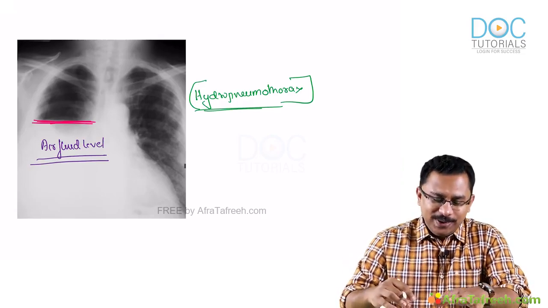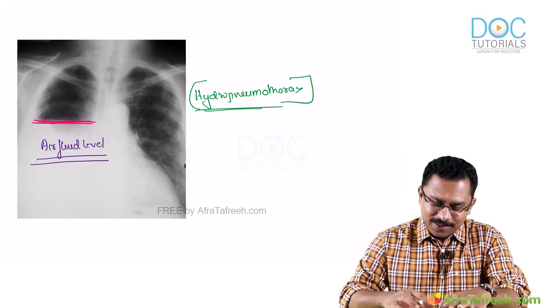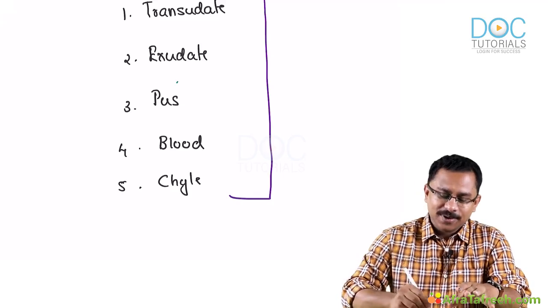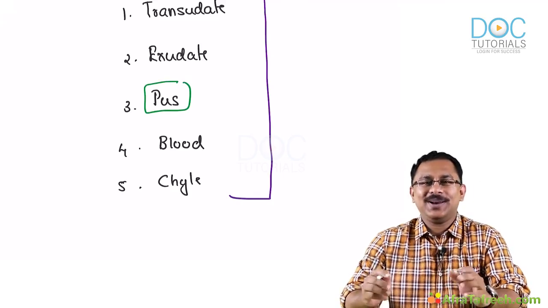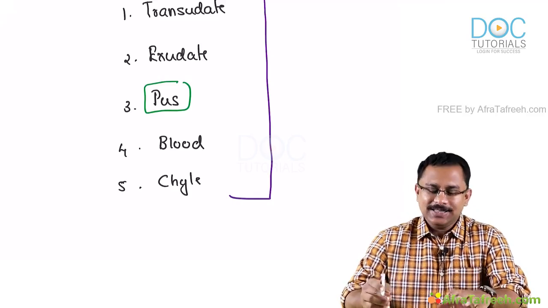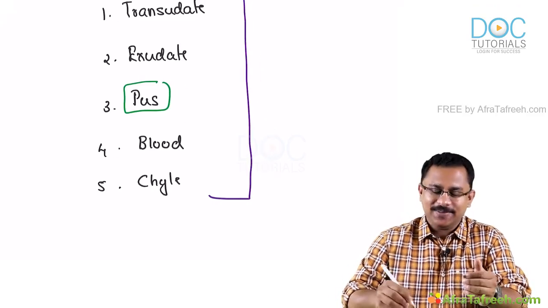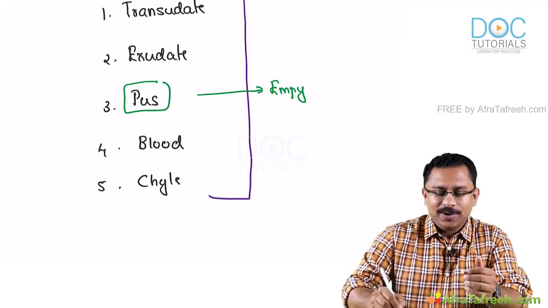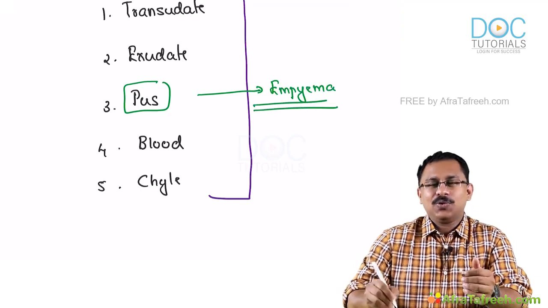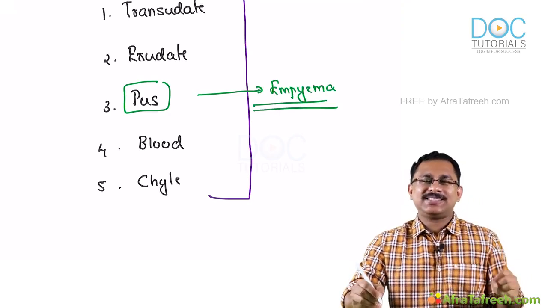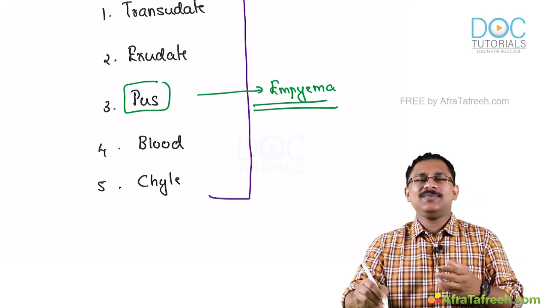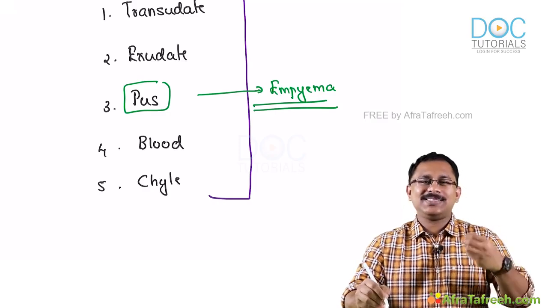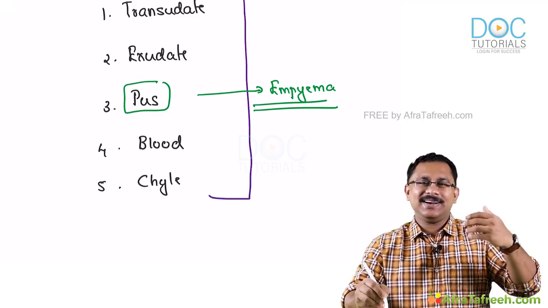So remember I told you, in addition to the transudate and your exudate, you may also have pus in the pleural cavity. Okay, pus. So when you have pus in the pleural cavity, what do you call it? You call it empyema. So empyema can result from various causes. Even an effusion which starts off as maybe a parapneumonic effusion, okay, there is some pneumonia and that has developed